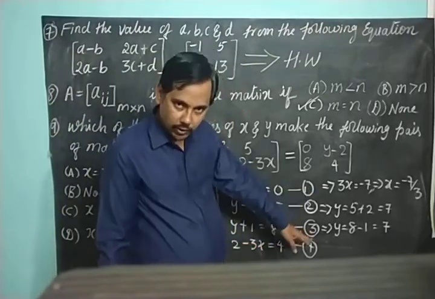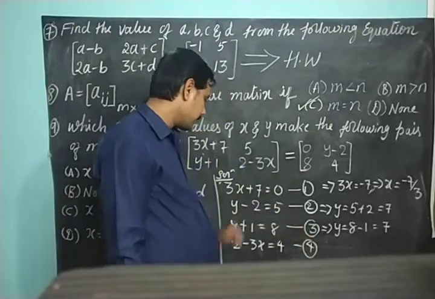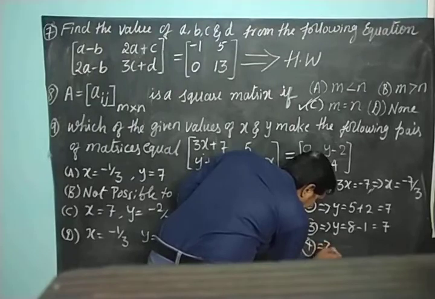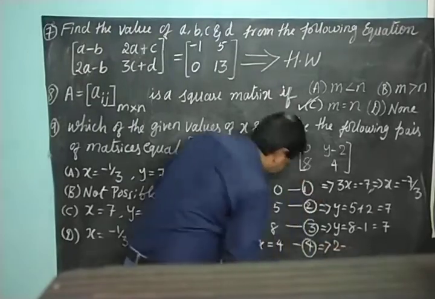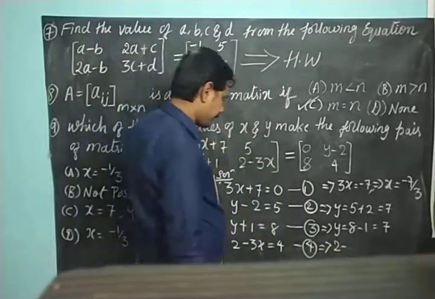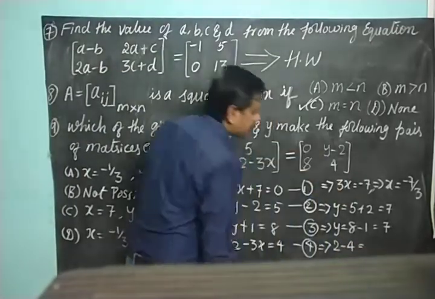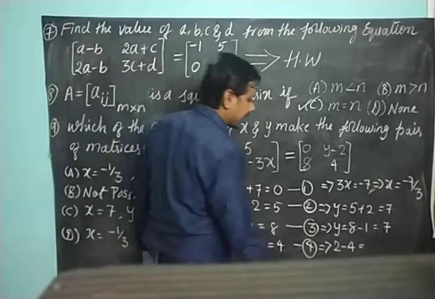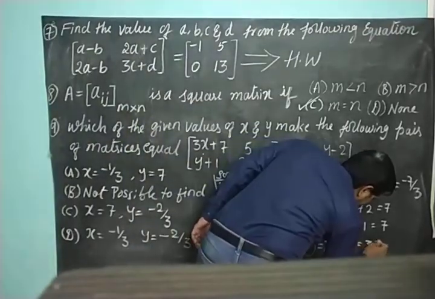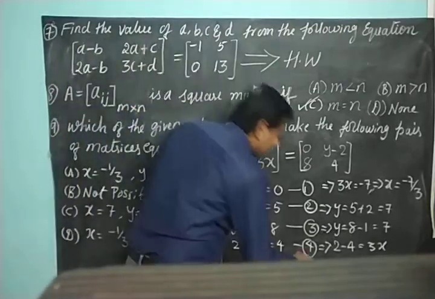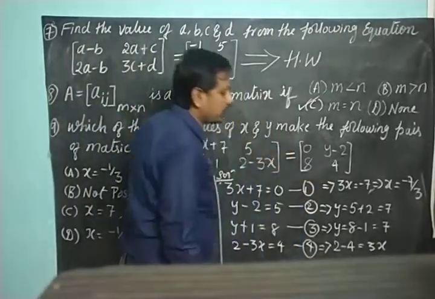Shift minus 3x to the other side and 4 to the left hand side. Shifting 4 to the left hand side, what do I get? 2 minus 4 is equal to 3x. Or what is 2 minus 4? Minus 2,